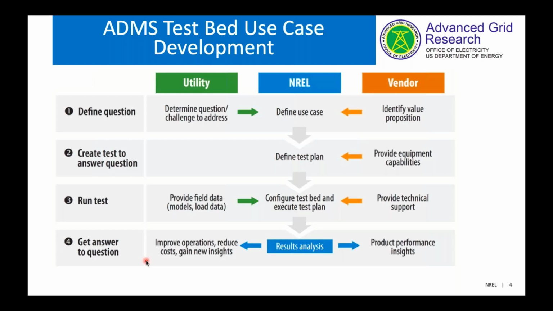So the reason we do that is, let's take an example of volt-var control. It might be really targeted towards legacy volt-var devices, while also exercising some of the volt-var capabilities from PV inverters. That decides, okay, we probably need a PV inverter and hardware in the loop, along with control in the loop functions of voltage regulators and cap bank controllers.